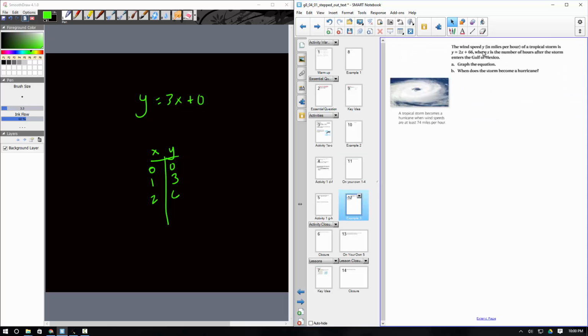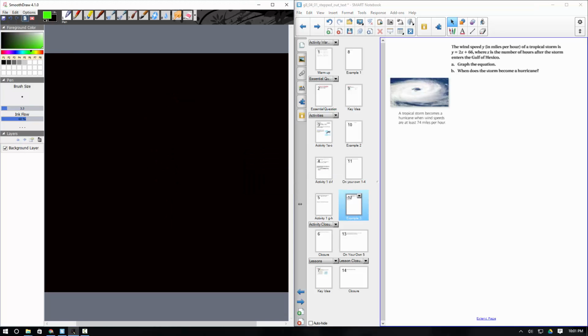This one here says the wind speed is in miles per hour. So I have y equals 2x plus 66, where x is the number of hours after the storm enters the Gulf of Mexico. We already know what the hurricane is here, because it says that it's 74 degrees. So I'm going to go 74